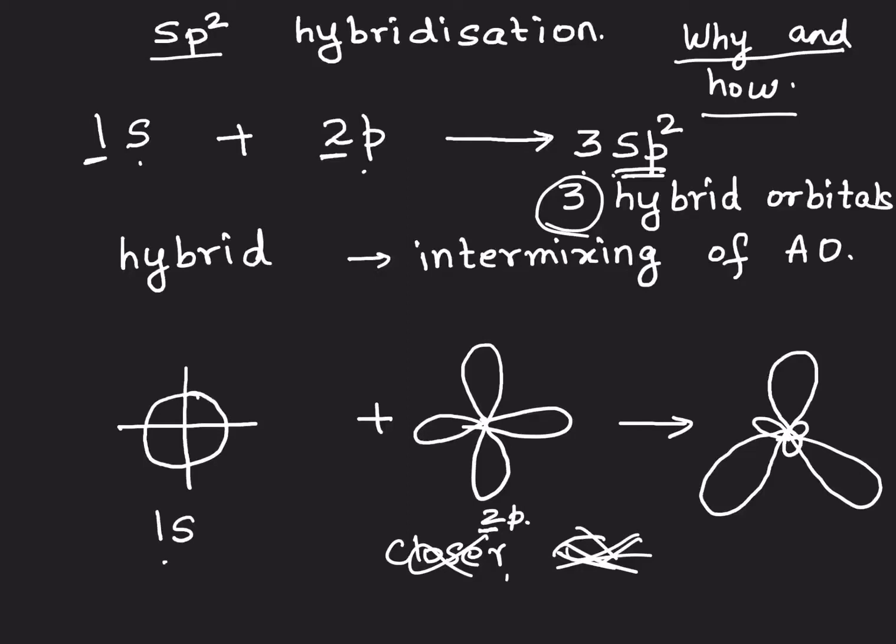So, now to make it more clear, we are going to shade it. Now our atom is ready to undergo bond formation. You notice over here the bond angle is 120 degrees and the shape that we've got over here is a triangle in one plane. Hence the shape is trigonal planar.